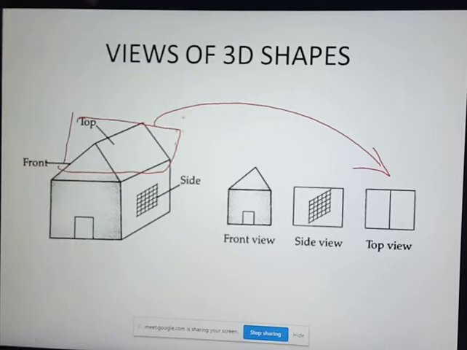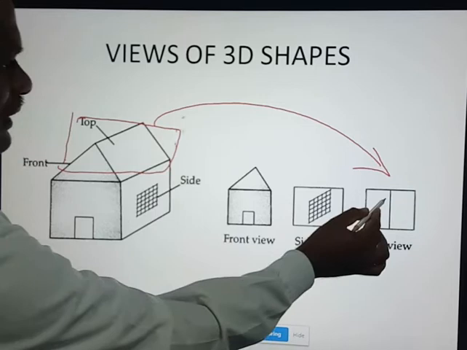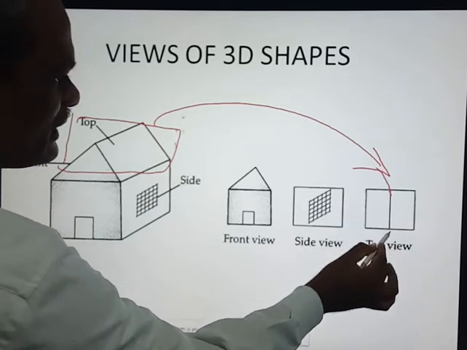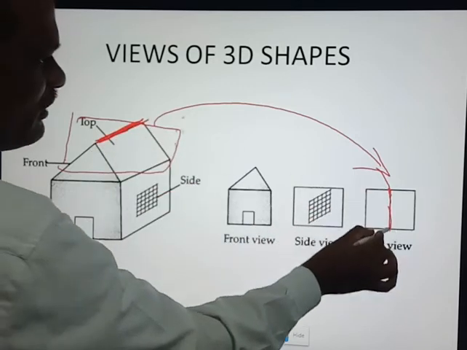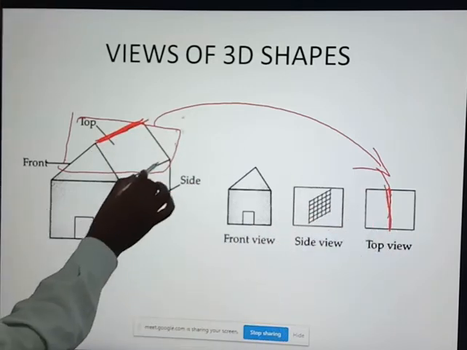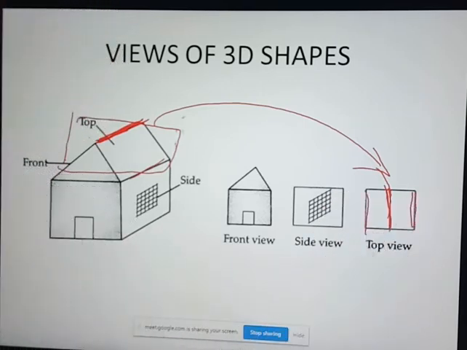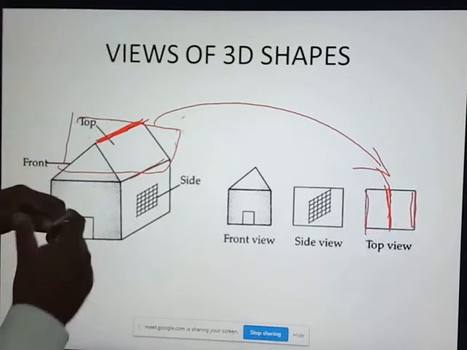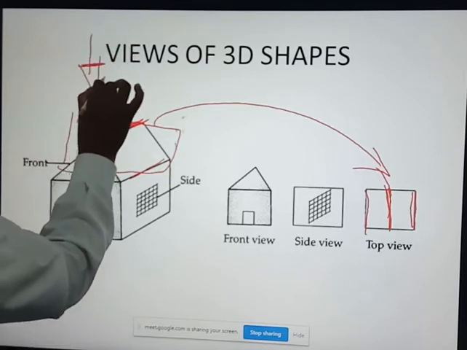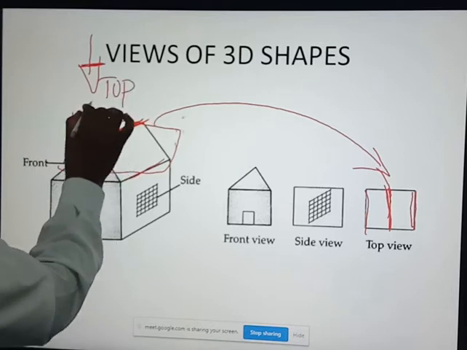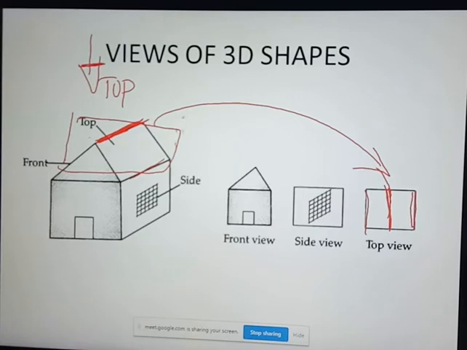When you look from the top of this building, it looks like two rectangular pieces. The central line, this line is this one. At the center, that is the line. And these two edges you can see at these places. Imagine yourself seeing from the top of the building, this is the view. So this is the top view. When you are seeing from that place, the building looks like two rectangular pieces.